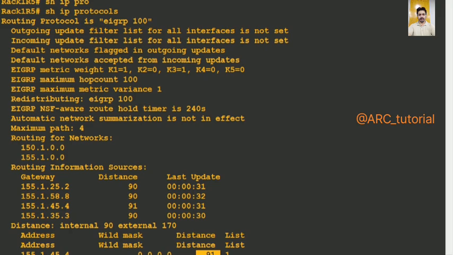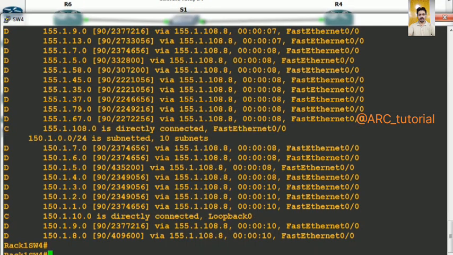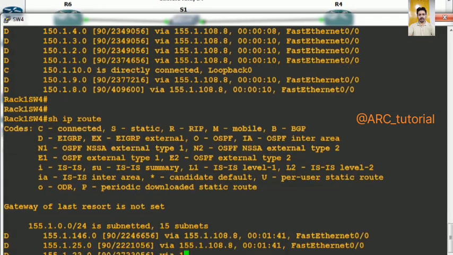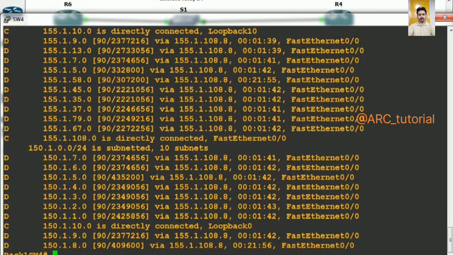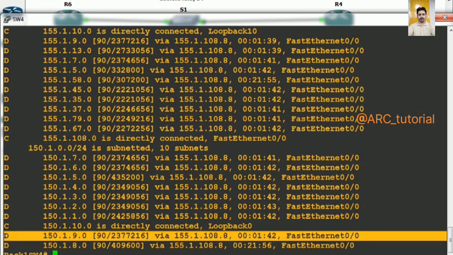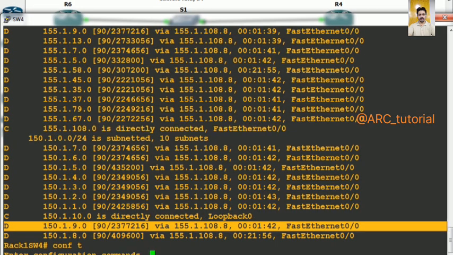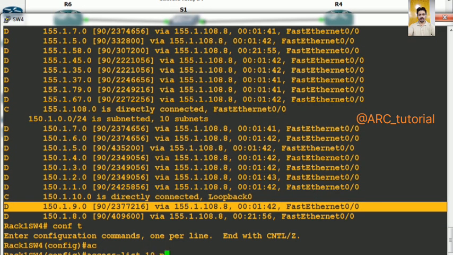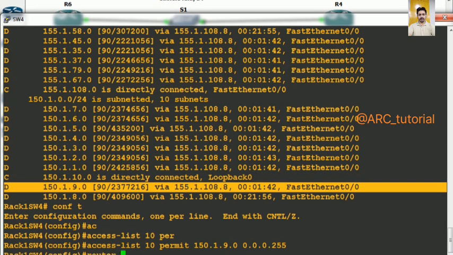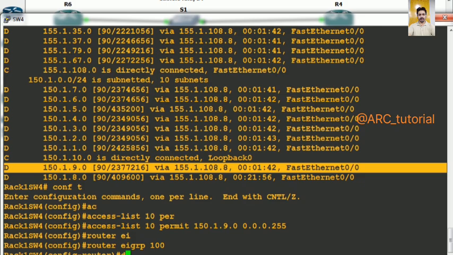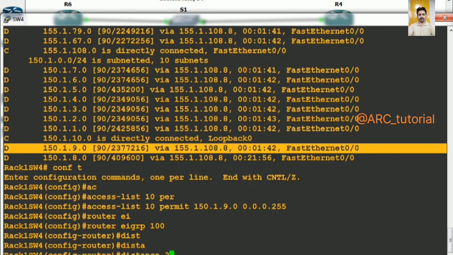For example, this time if you move on to switch 4, you will find all prefixes coming here, right? Let's say that I want to filter any specific prefix. Let's say that I want to filter the loopback coming from switch 3, which is 150.1.9.0. So you do one thing, create another access list 10, permit 150.1.9.0, and then its wildcard mask, and then say router EIGRP 100, distance 255, and then it will